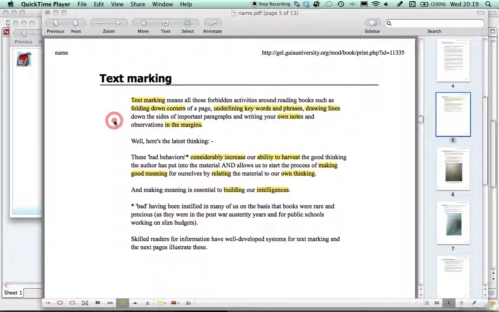We're looking at the PDF I downloaded earlier from the gel site, and since I talked to you last, I've been through this PDF and marked up what I think of as the key words and the key phrases using my yellow highlighter. Now, this business of choosing keywords and key phrases takes a bit of time to learn, so it might take you several goes to get good at it, but it's very valuable because effectively what it does